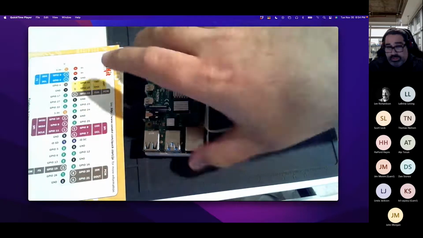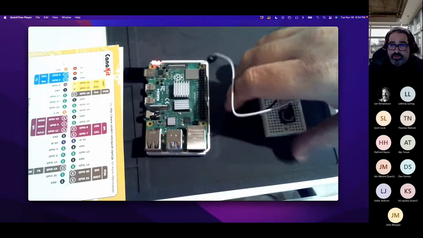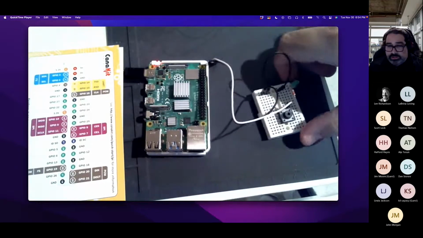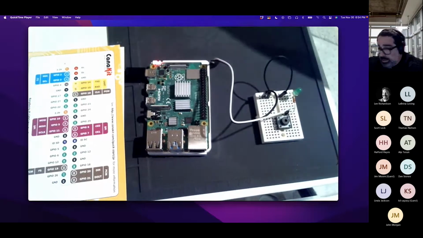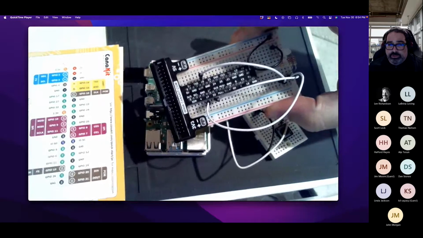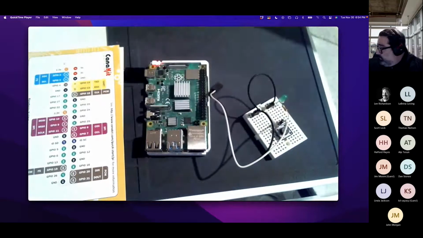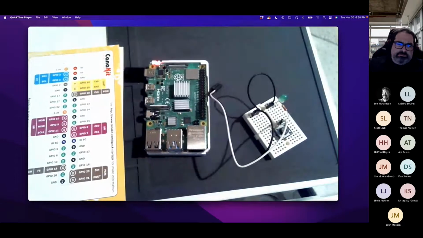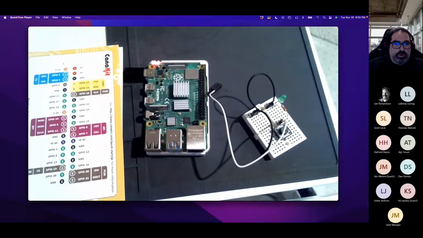This Raspberry Pi right here is a Raspberry Pi 4, and I don't really have anything connected to it right now. But I do have a couple of projects like this one in this mini pin board that I have on the side, and others with more advanced breakout boards like this one. A lot of the things we're going to be talking about are things that we've been doing for the past, I want to say, 10 years in the Raspberry Pi environment using Python. And now we're capable of doing it with the .NET Core environment.